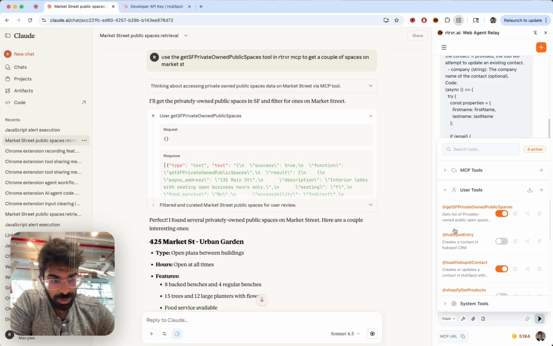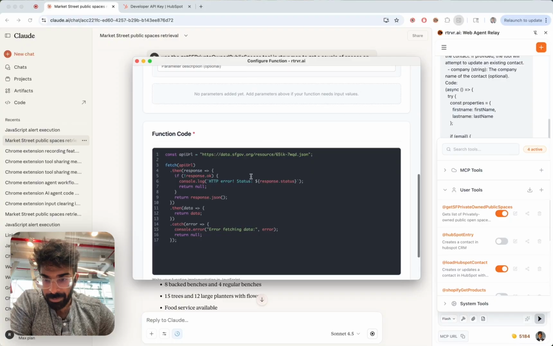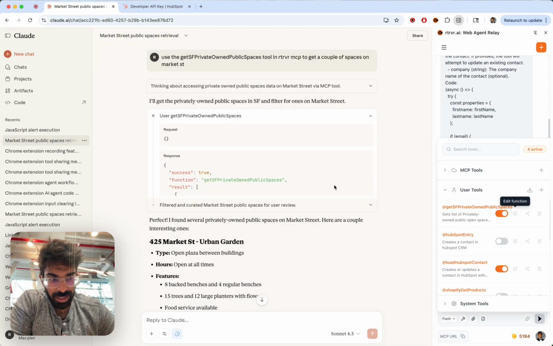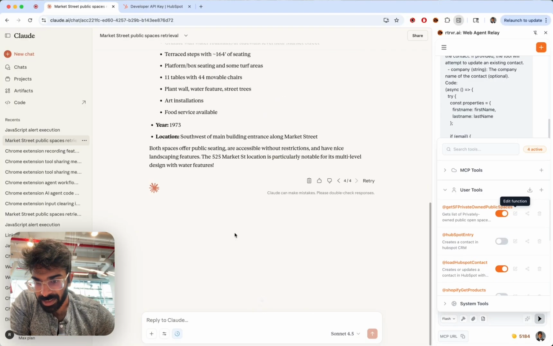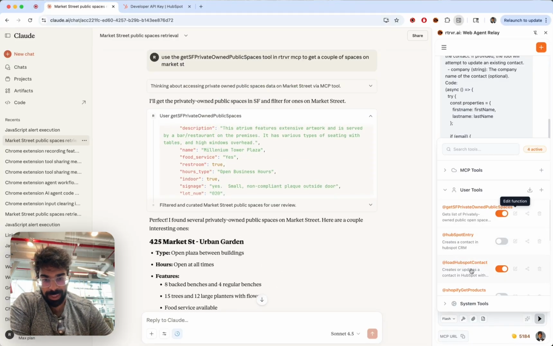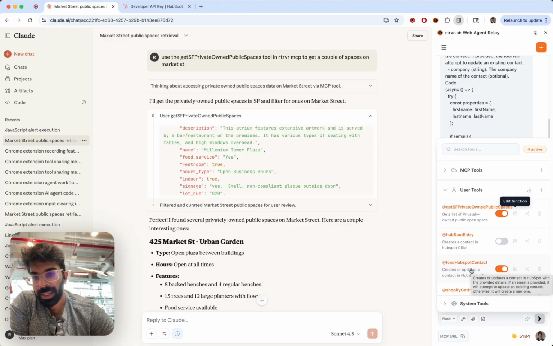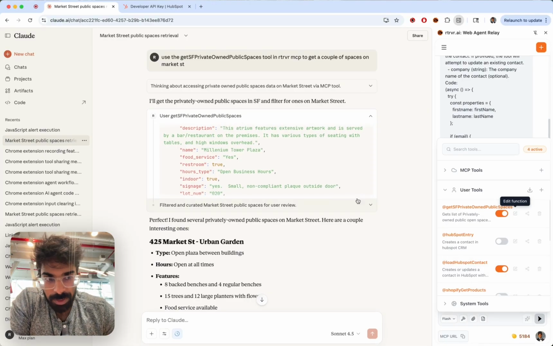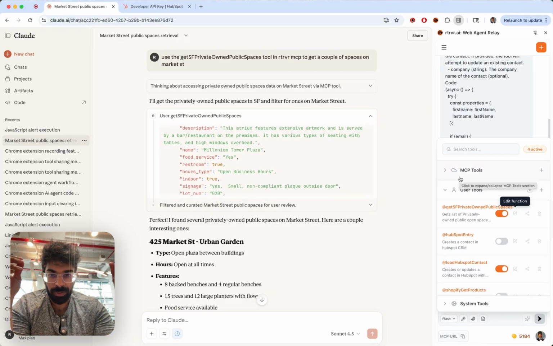So Claude called this tool, which just fetches this SF government API JSON, and since it's being used in your own browser, you will have the permissions of your browser, and it called the tool, it has these things, and it generated the response. And it could have called the HubSpot contact tool with that access token being safely stored within the browser, never leaving your browser. Yeah, so this brings a whole new model of safe tool generation, execution